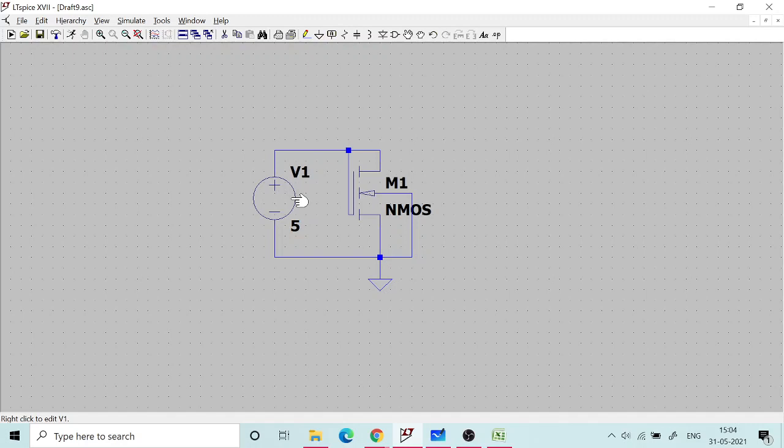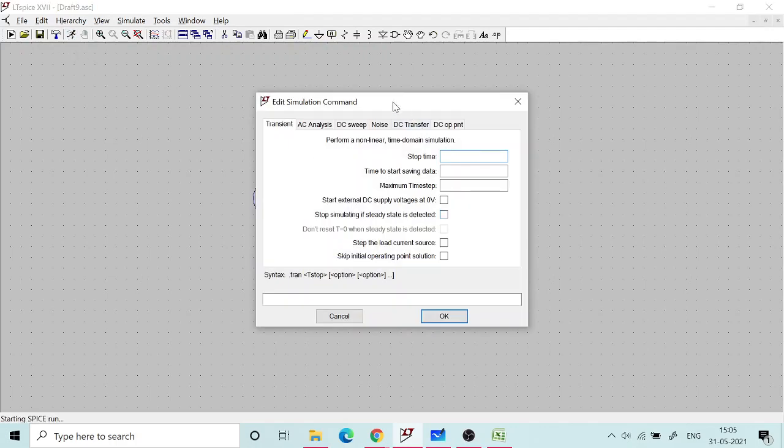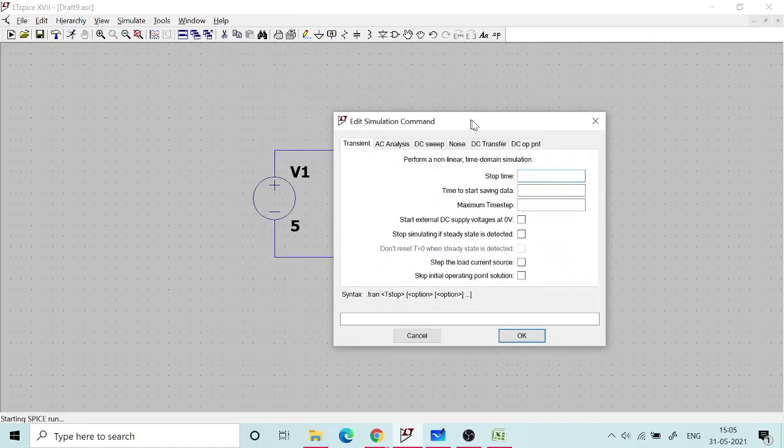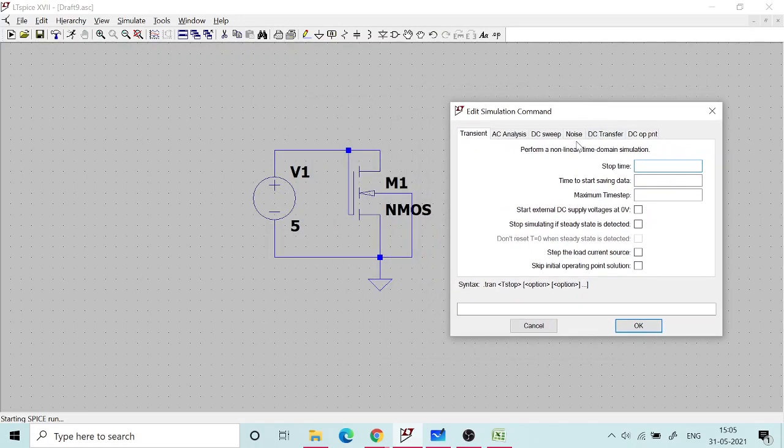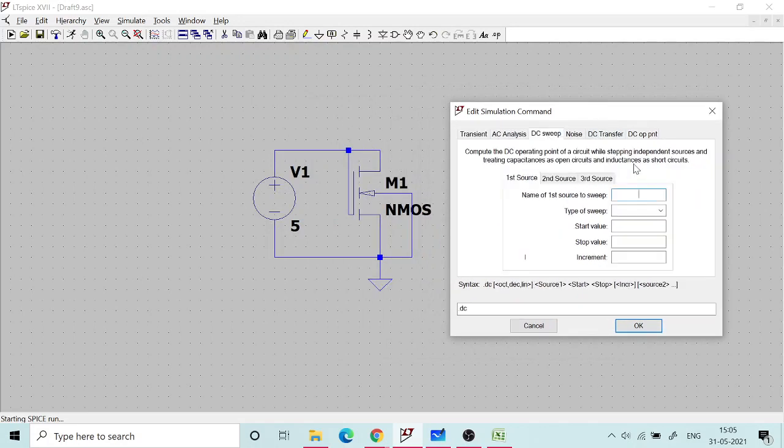So if we keep the VDS value above or equal to VGS, then it will always saturate. We will see the theory of it in more detail in the next class, but now let us plot it. So again, run the simulation, and what we want to do is basically the DC sweep,